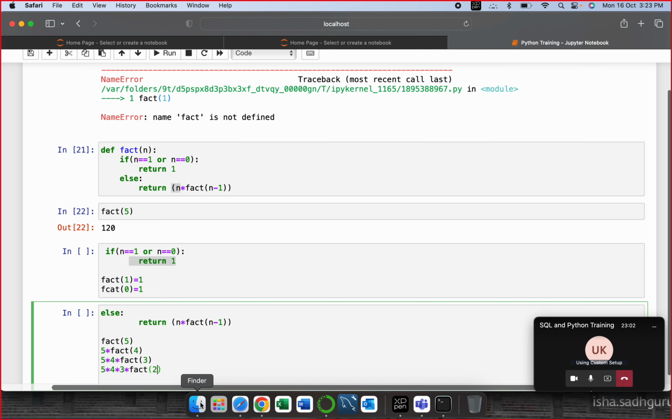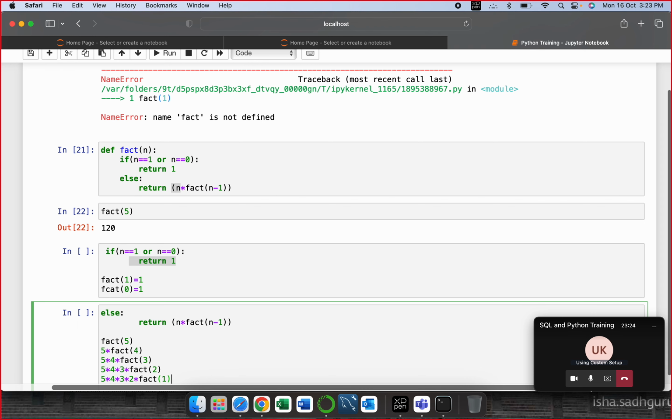Now again it will check 5 into 4 into 3 into, now what is factorial of 2? It is not 1, it is not 0. The if condition gets skipped, it comes to the else, n is 2, it will put 2 multiplied by factorial of